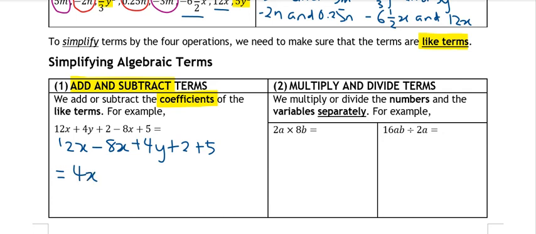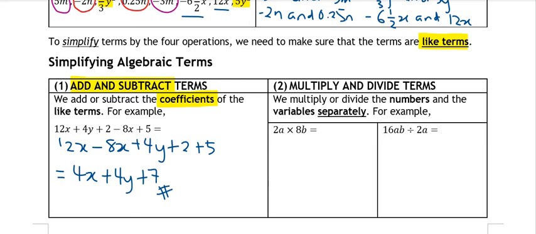And then 4y, no change, plus 4y. What about the constants here? So here plus 2 plus 5 will be obviously plus 7. So this is how you simplify terms when you try to add or subtract. Okay, now